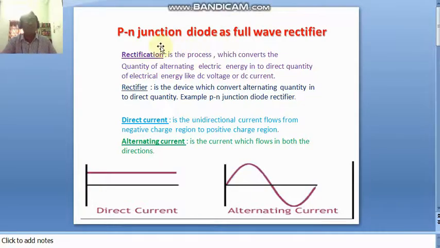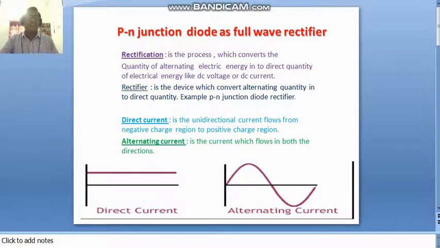But in the case of full wave we take both the positive half and the negative half. Instead of a single diode, we use two diodes. For the positive half cycle, one diode is used, and for the negative half cycle, the other diode is used. The outputs of the first and second diodes combine and come out as a single output. That single output consists of ripples again. It can be converted into DC by passing through filter circuits. So this is the process going on.